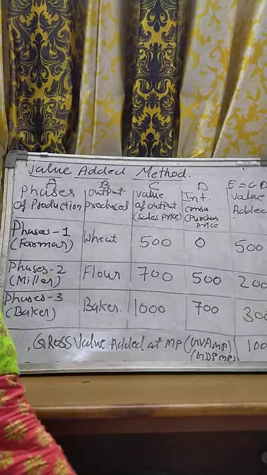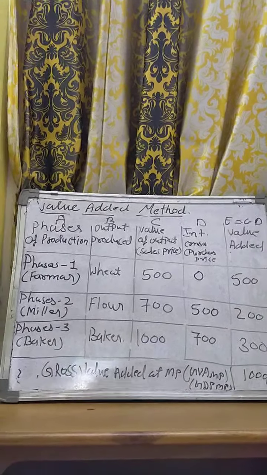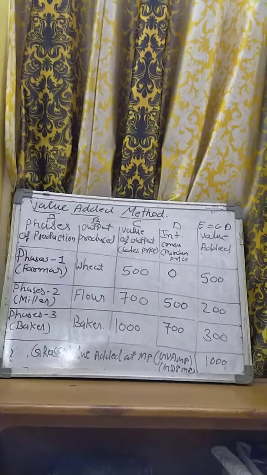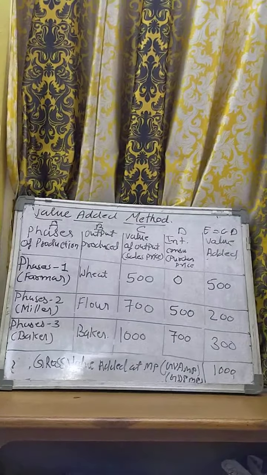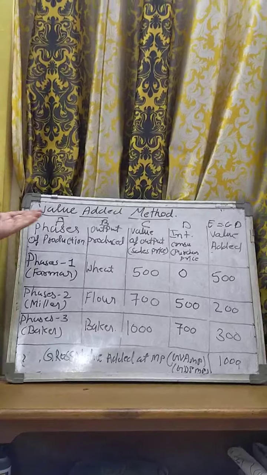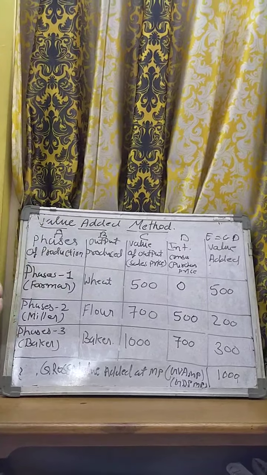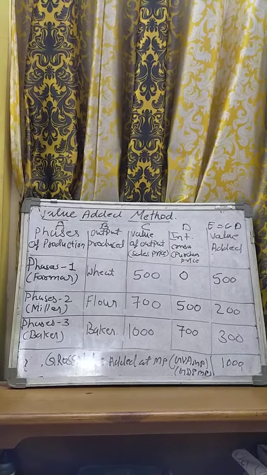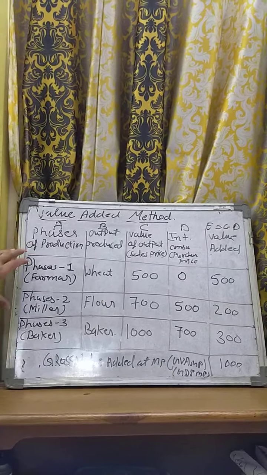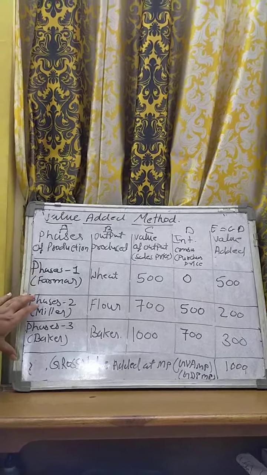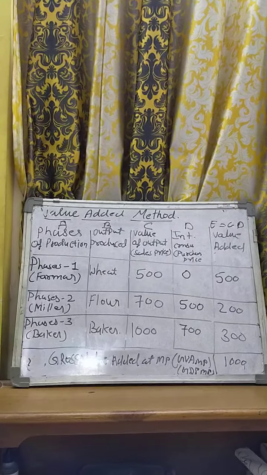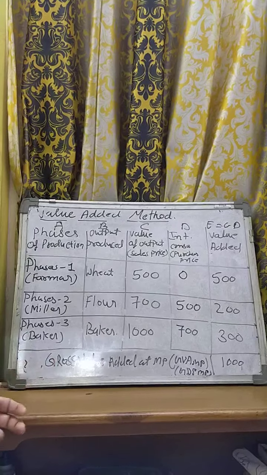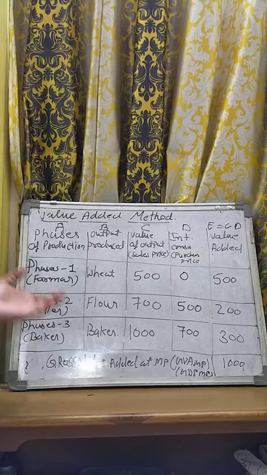Now, to know this in a little more detail and understand it better, I am taking one beautiful example for the value added method. Value added simply means, for example, I have 5 rupees and I add another 5 rupees, that is value added in terms of money. But in this example we are adding value not from a money point of view, we are adding value in the production only.